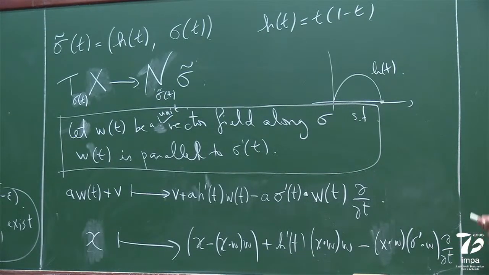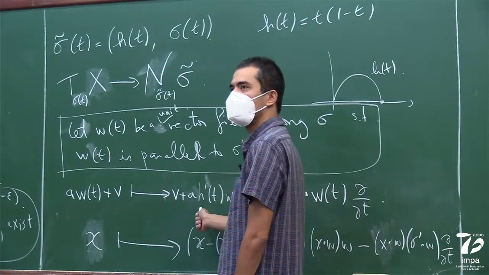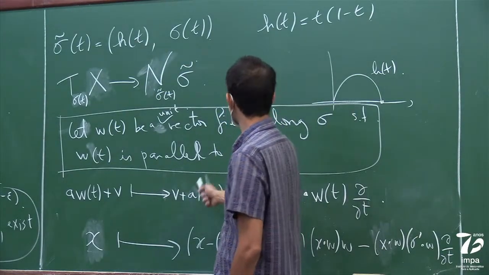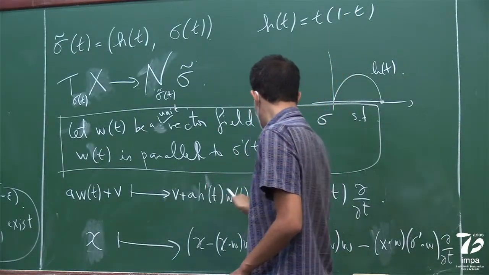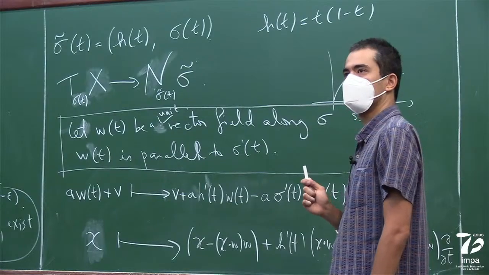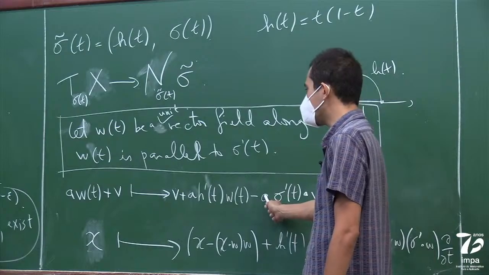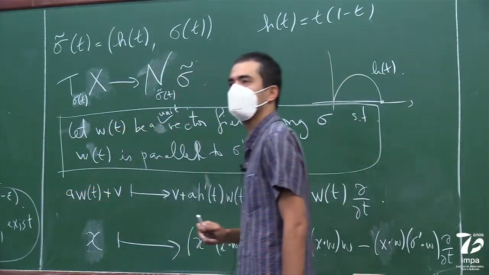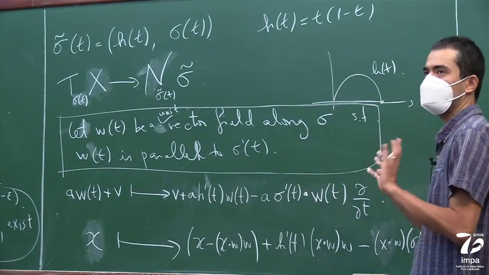And maybe now it's an easy exercise that I can leave you with. Once you have this formula, then you can invert this, show it's invertible. Basically, this guy is almost always non-zero, but it's 0 exactly at the point t equals half, which is when the derivative here is 0. And the point is that right there, this is non-zero. So you can still find out what a is, basically. Or you can still use this a here to construct this a here. So now it's actually an easy exercise to show this is an isomorphism.